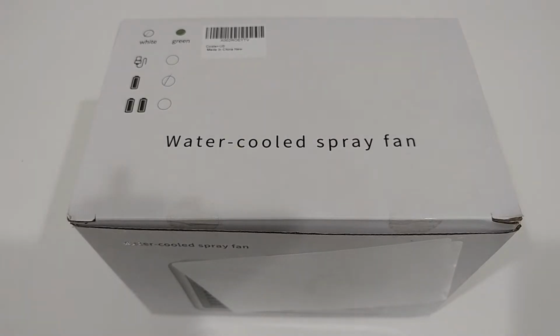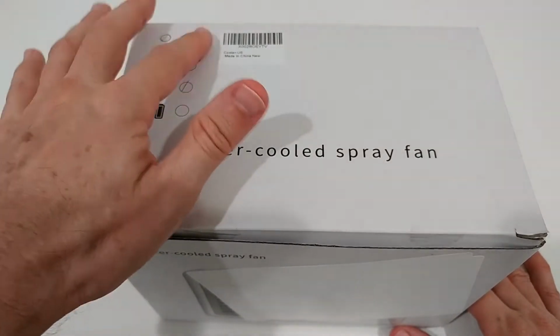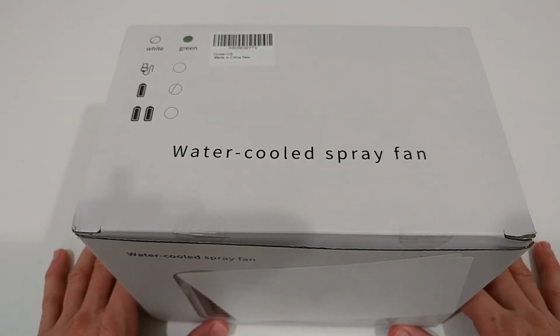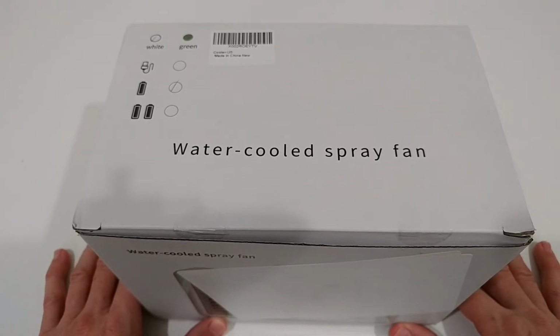So I think in general it's available in different colors. Here we see a white and a green. On this listing here it's only available in green. I was really interested in this air cooler and I had a couple of questions to the seller. And I asked if it's possible to get it in a different color, because I thought it's a really ugly green,